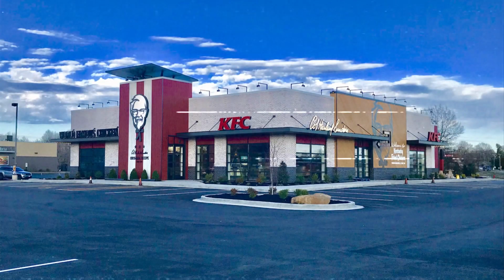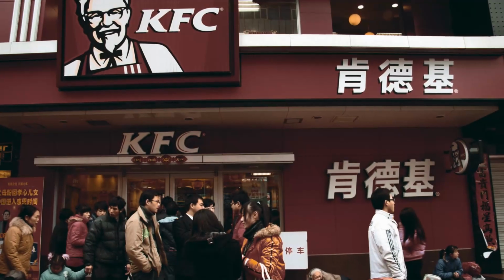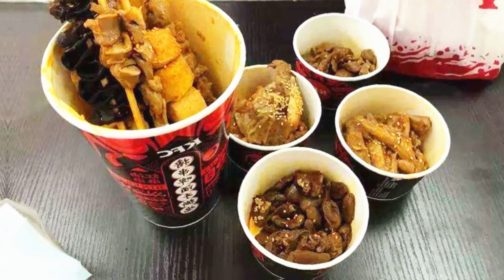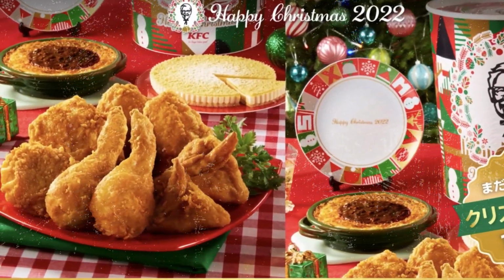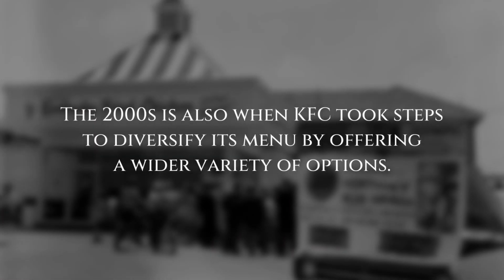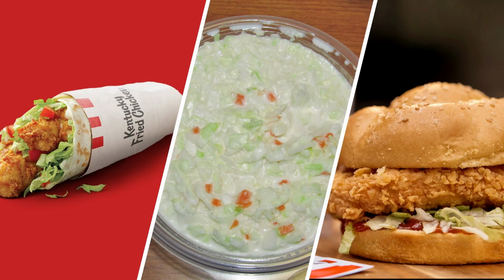During the 2000s, KFC continued to rapidly expand its footprint across the globe. It had just recently gained success in the Chinese market, which set the stage for expansion in Asia. Its presence grew in countries like India, Pakistan, and more. It focused on adapting its menus to the local tastes and preferences of the countries it was in. The 2000s is also when KFC took steps to diversify its menu by offering a wider variety of options. This included items like wraps and salads alongside the usual fried chicken and burgers to cater to the more health-conscious